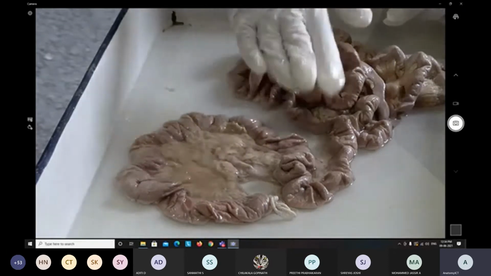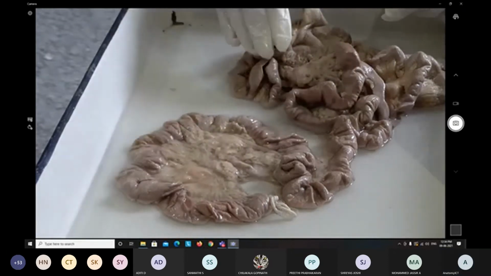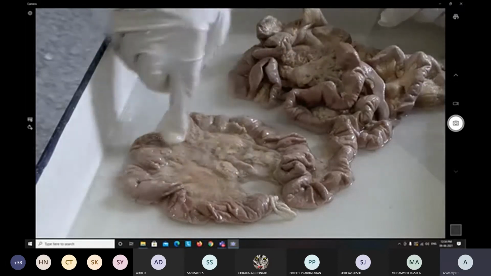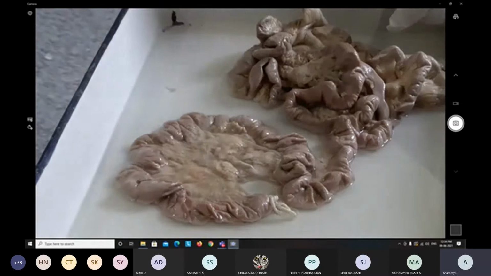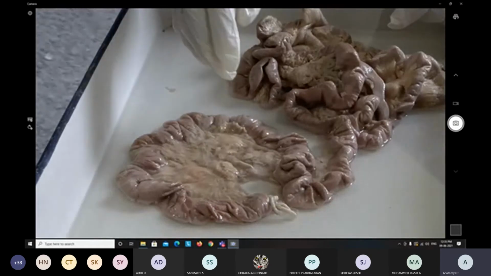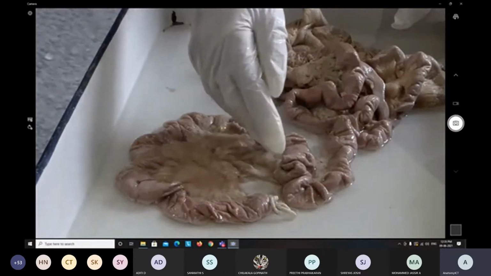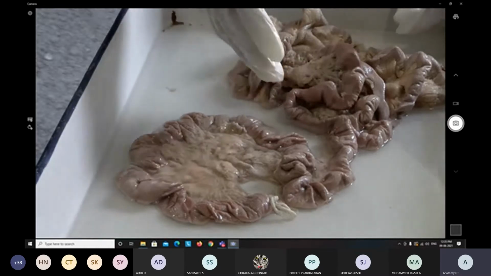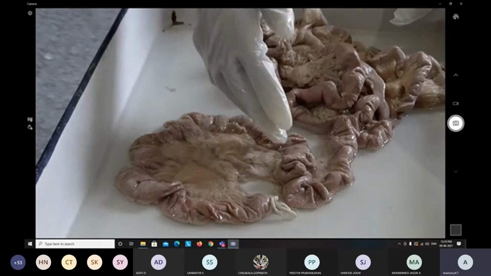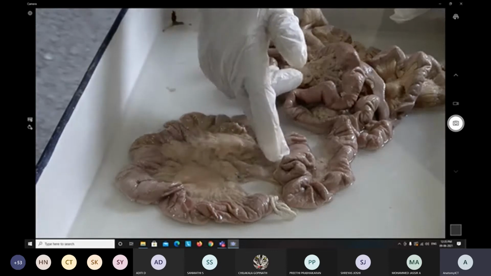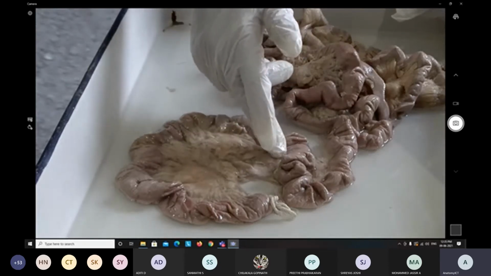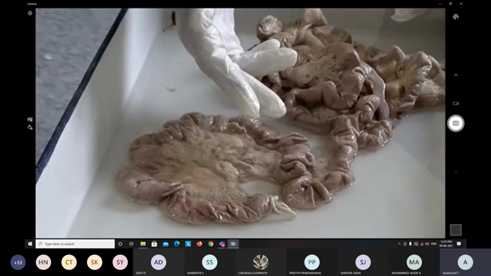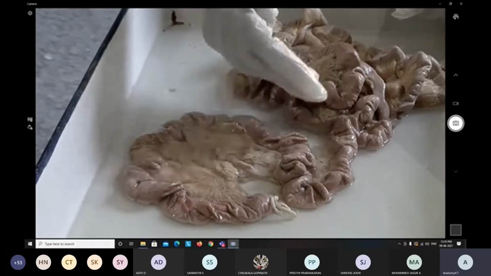Now, the superior relation. Here, in all the three parts, on the inner surface we have the pancreas, but when you come to the fourth part, it is a free margin and is completely covered within the peritoneal cavity. On the superior side, we have the body of the pancreas, on the left side the left kidney and ureter, and on the right side the upper pole of the root of the mesentery.